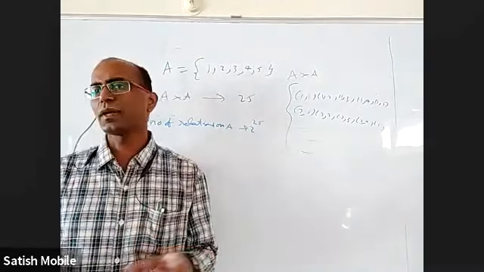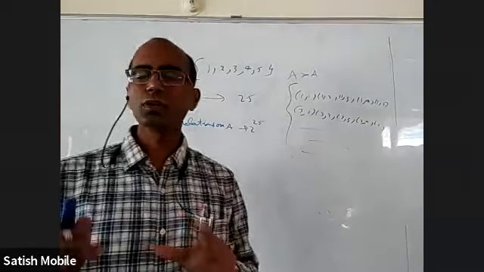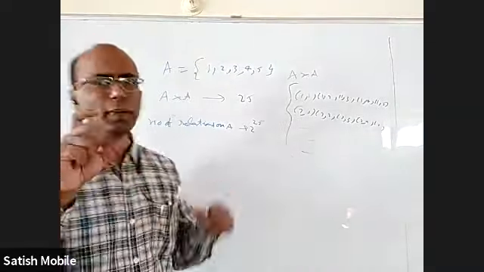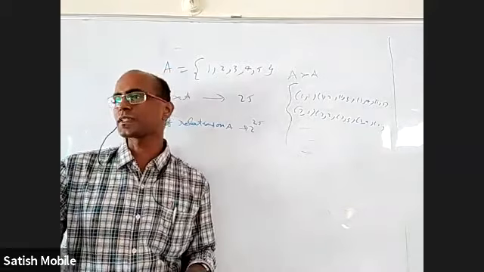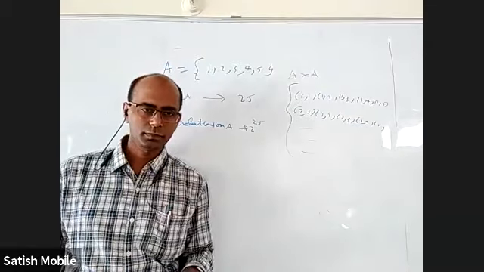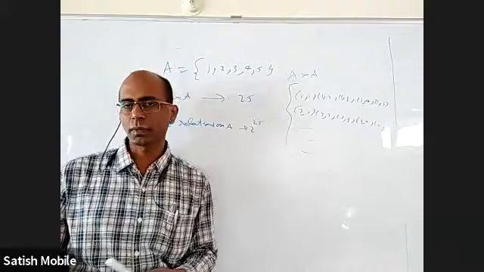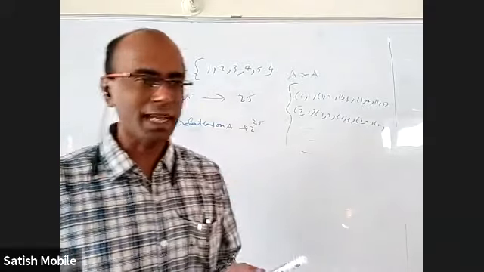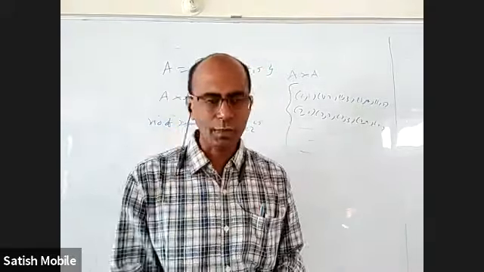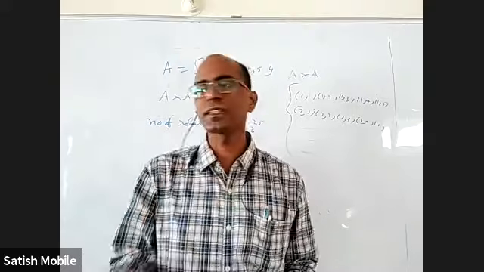One way to explain this 2 power 25, this is something I want to explain anyway. If a set has n elements, the number of subsets is 2 power n. There are two ways to explain. One is, if a set has n elements, how many subsets are there having 3 elements? I'm asking a question from permutation combination. A set has n elements. I want to select a subset having 3 elements. How many ways can I do that?